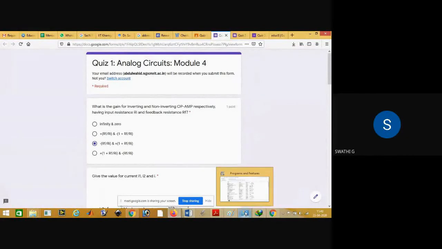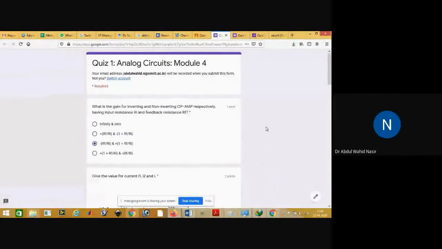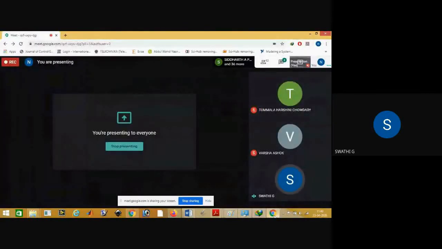Sir, actually you have given only one mark for the limitation in quiz 2, no, sir? Wait, one by one. Tell me. So you have given that limitation in quiz 2. What limitation? Limitation of DAC, that weighted resistors. We have written it as it is not available. We require those weighted resistors which are not readily available.